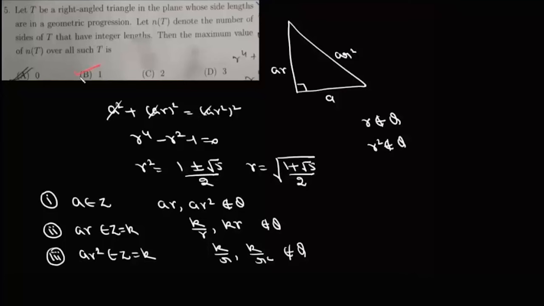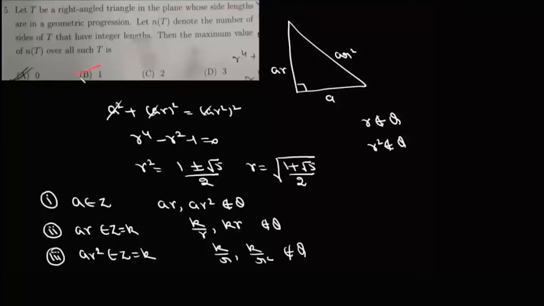Now let the sides be a, ar, and ar square. Since it is a right angle triangle, it's going to follow Pythagoras theorem. So we can write a square plus (ar) square equals (ar square) whole square. So it will be a quadratic in r square, which if we solve, we'll get r square as